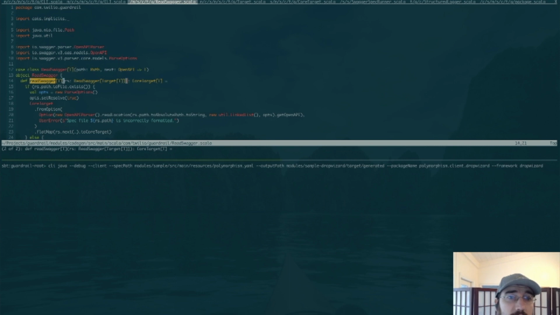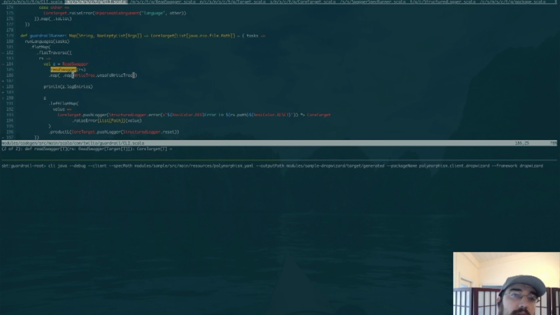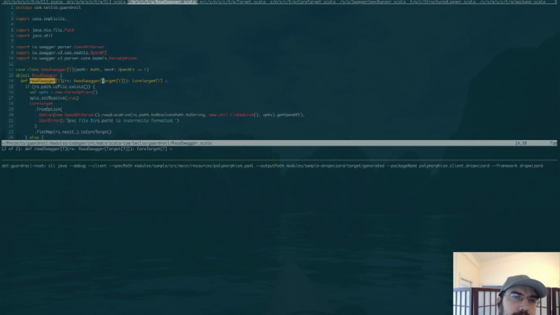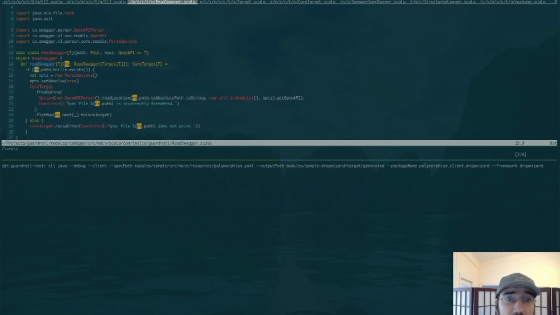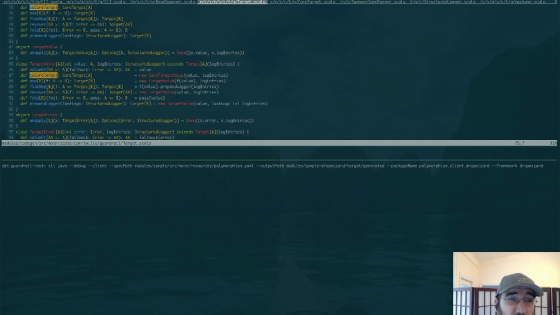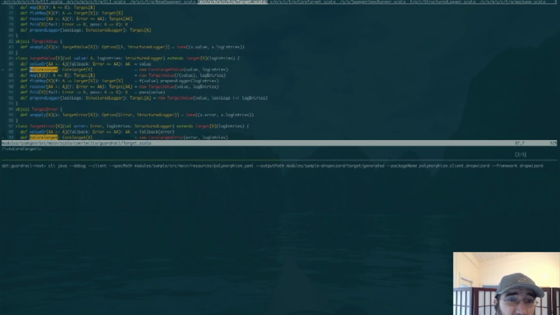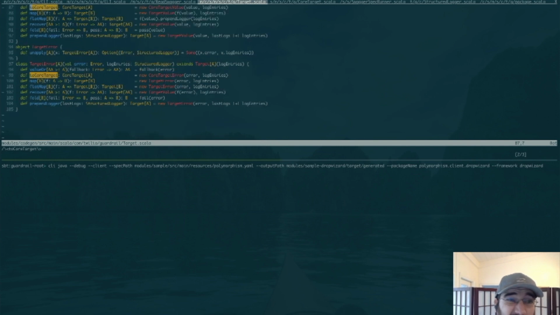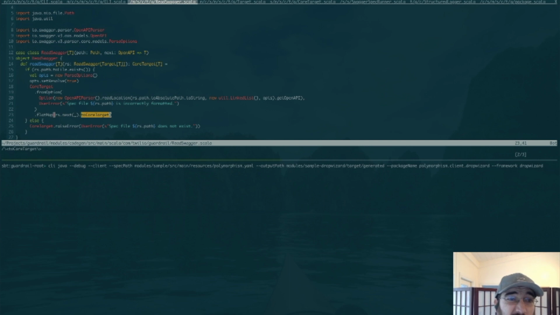So we have a read swagger that emits a target T. If we run this thing, we emit a target T. So rs path absolute, all of these things. This is where the toCoreTarget gets called. I'm pretty sure that we've actually printed in toCoreTarget and confirmed that toCoreTarget actually has the values. So from here,